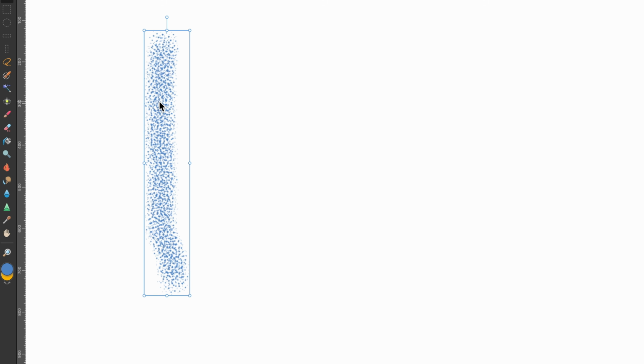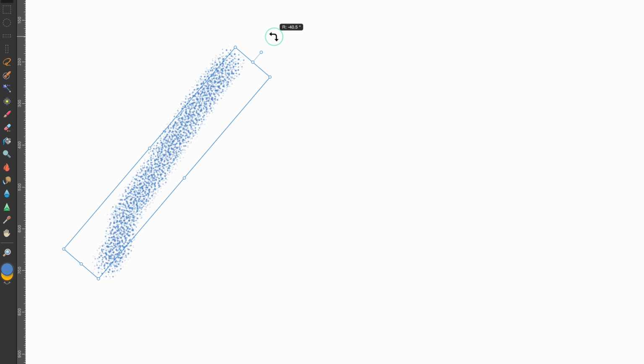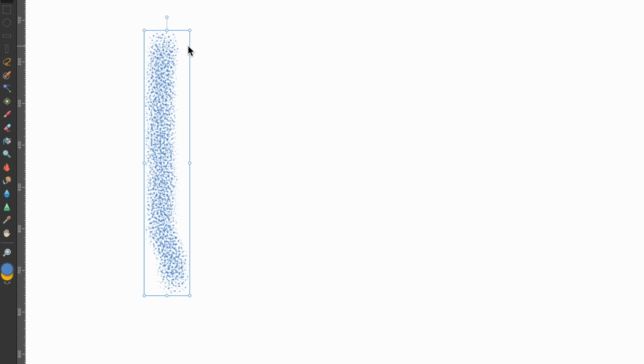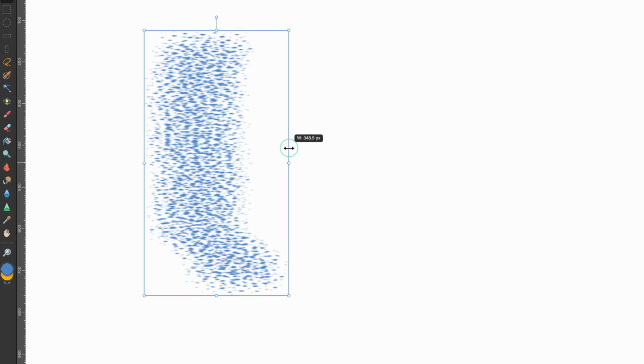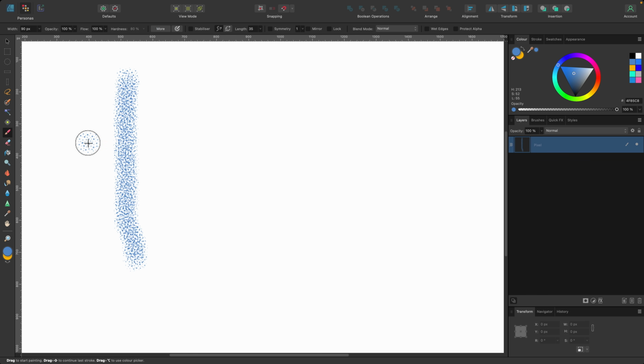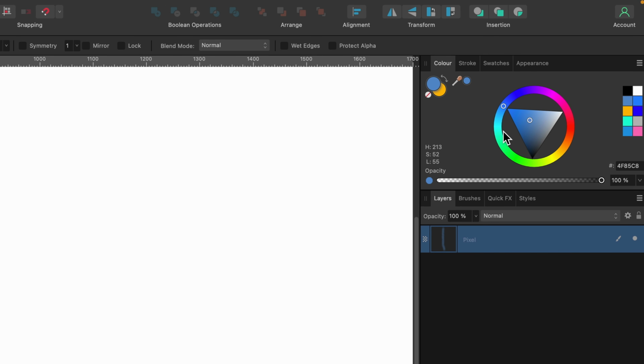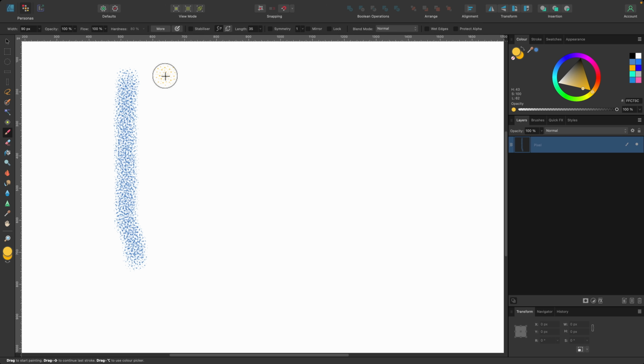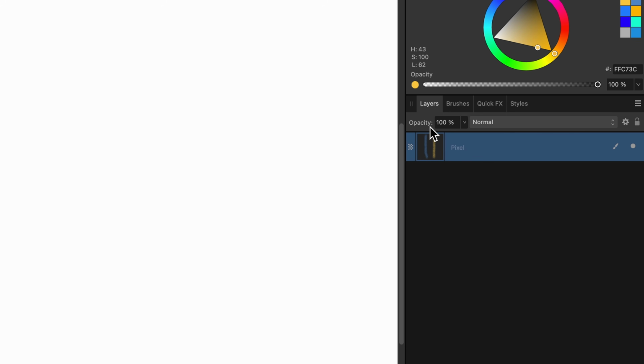So there's many things you can do to it after you've painted, but for now you can see there's a bounding box around it. You can go ahead and rotate it like we did before with all the shapes in Designer Persona. You can drag this out and squeeze it out. You can do all those same things. Okay, let's go back to the brush and paint again, but let's choose a different color this time. So this time I'll choose some kind of orange color, and I will just go ahead and paint. So one of the things you'll notice, unlike Designer Persona, is actually all the layers that I've been painting on have been exactly the same layer.